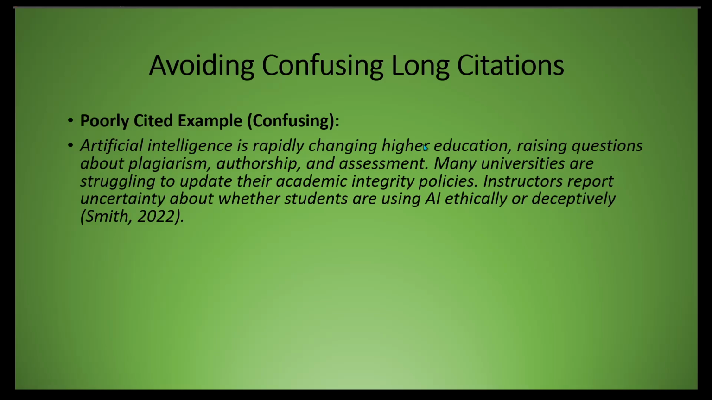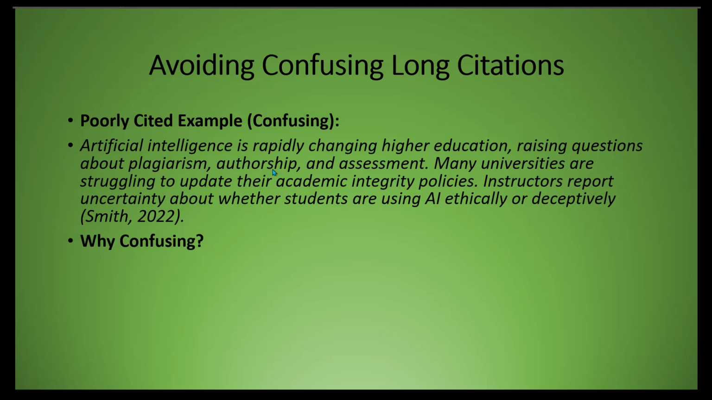Without any extra information here, it's hard to tell. Technically, the only sentence that has a citation is the 3rd sentence: Instructors report uncertainty about whether students are using AI ethically or deceptively. These first 2 sentences don't have any citation with them. It's not clear if this is your writing or Smith's ideas, right? So this is a very poorly cited